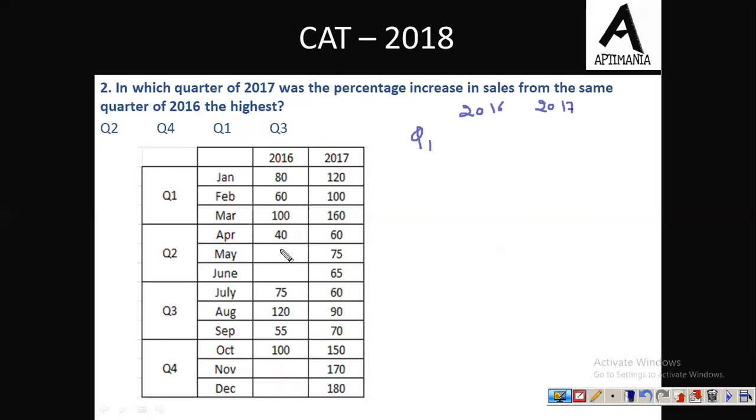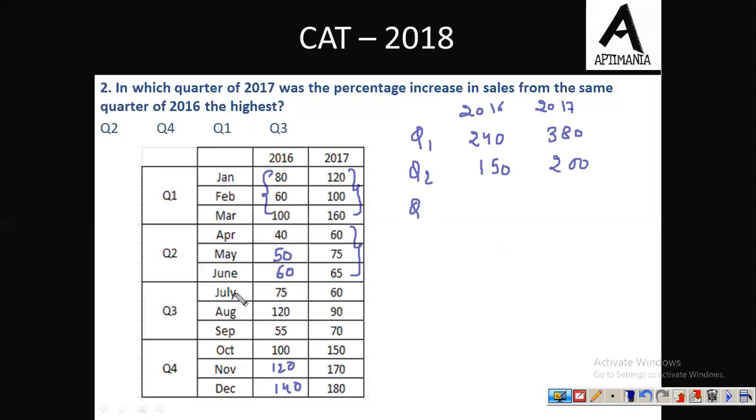Now the quarter one value for 2016 was, okay, so let me fill in these values first. This was 50, 60 and this was 120 and 140. Okay, so the total of quarter one for 2016 was 180 plus 60 is 240, and that for 2017 was the total of these three values, and I think that must be equal to 380. For quarter two, the total is 150, and for 2017 it is how much? 200.